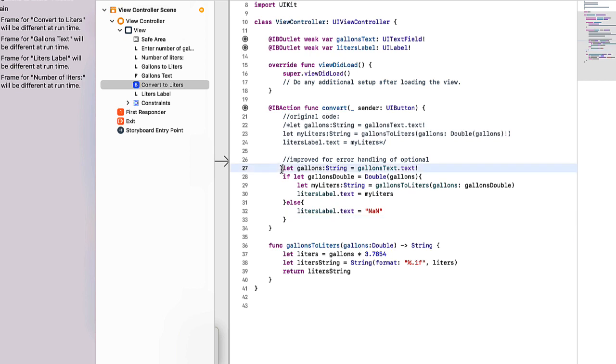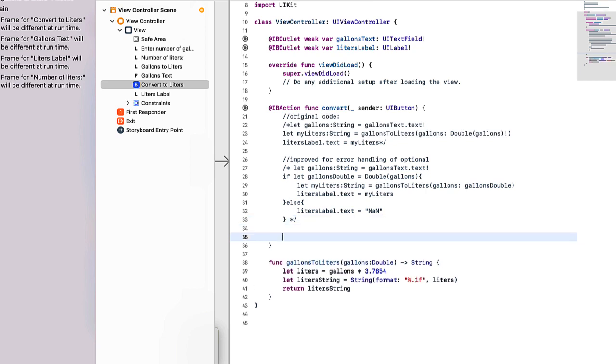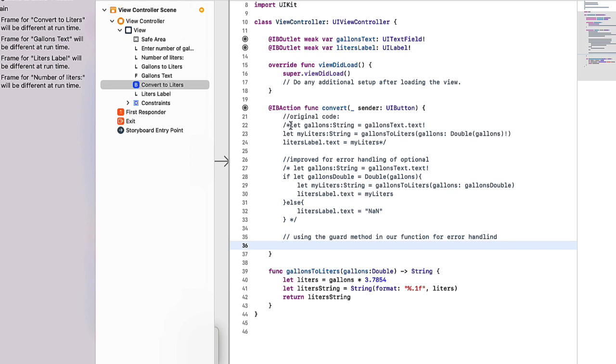I'm going to comment out the code we just wrote in favor of another approach. We'll add a comment here using the guard method in our function for error handling. So I'm going to come back up to my original code. I'm going to copy that